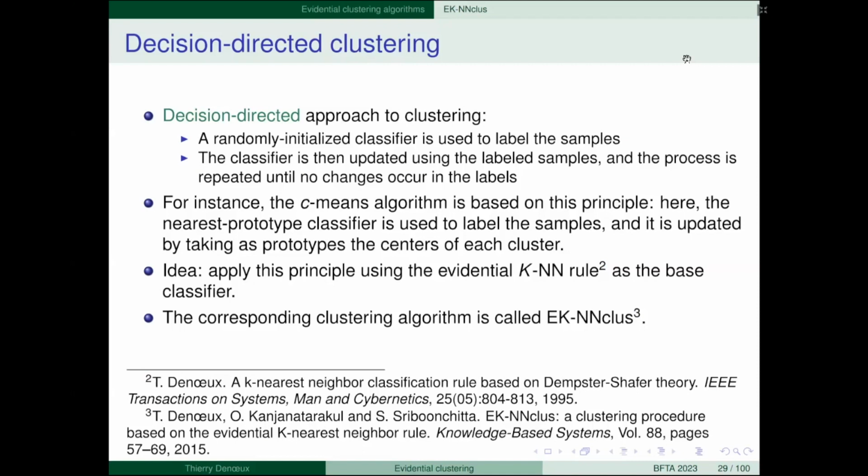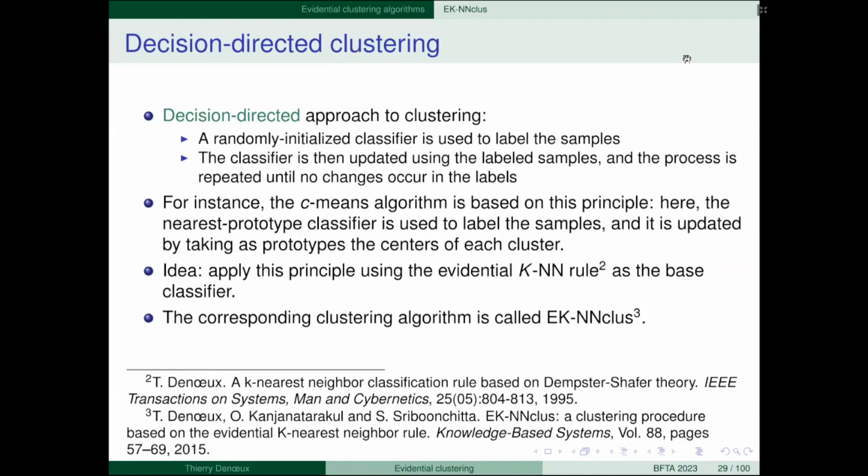The C-means or K-means algorithm, I don't know if you know this algorithm or not, we'll see a refined version later, belongs to this principle. Here the classifier is the nearest prototype classifier.